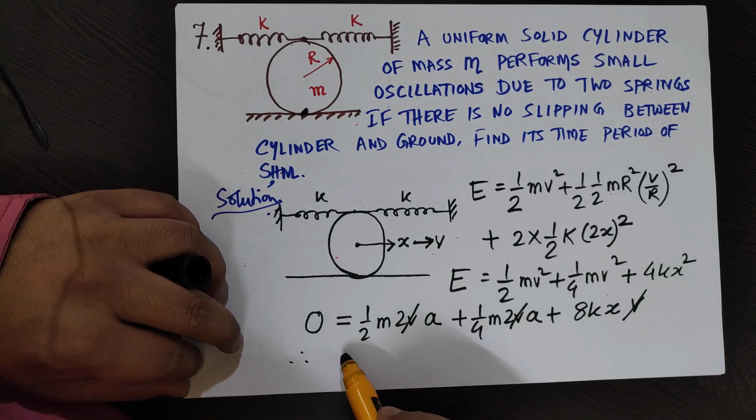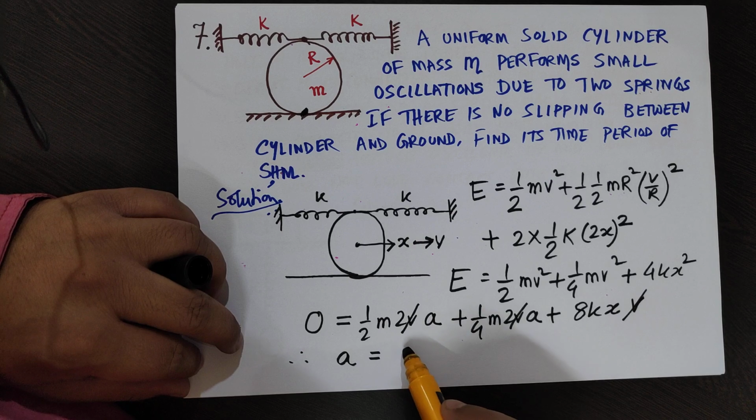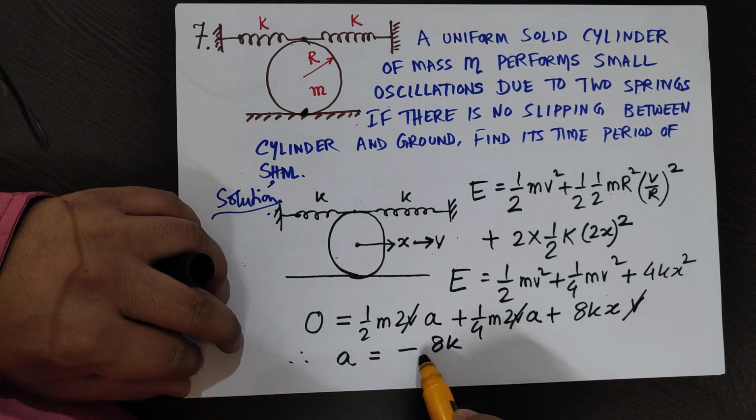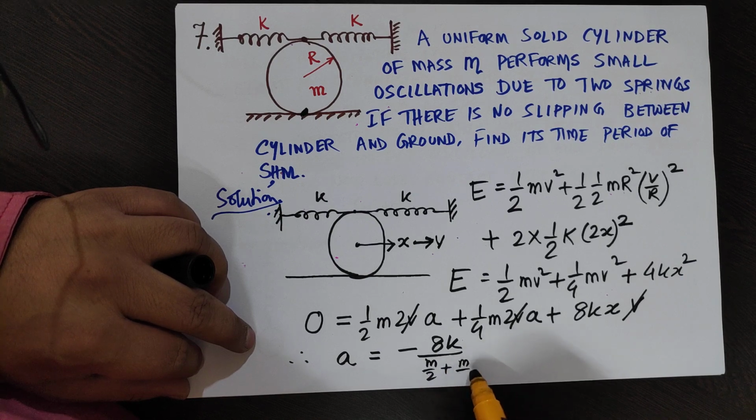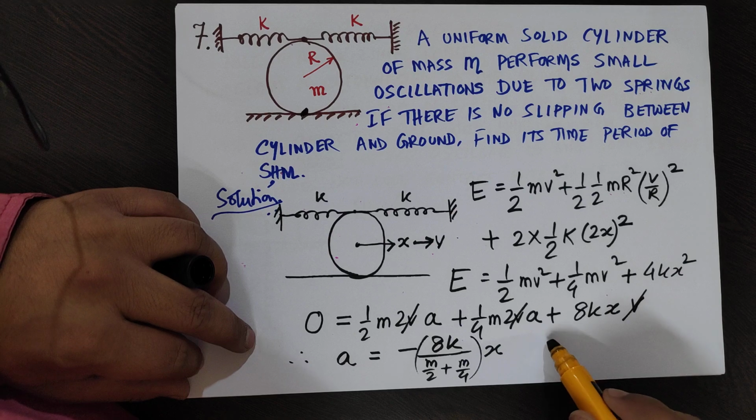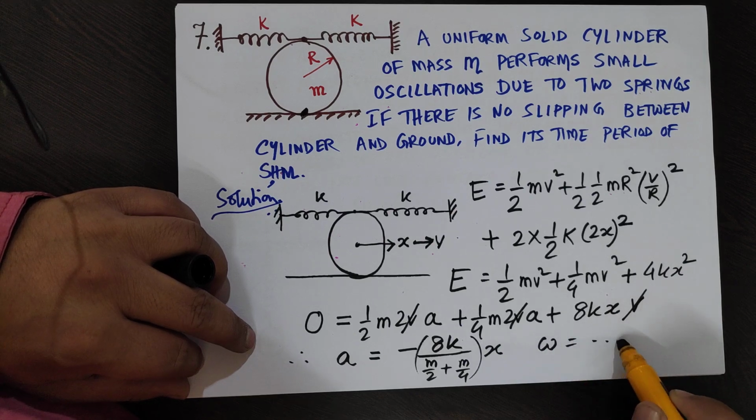So you have a equal to minus kx divided by m by 2 plus m by 4, times x. So this is omega square. You simplify that and get